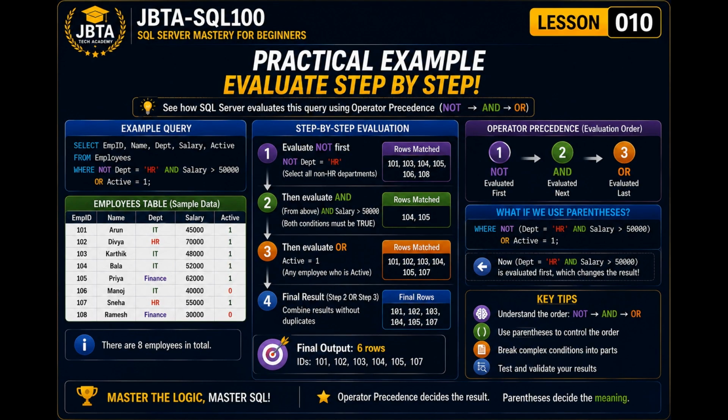Now let's apply everything we've learned to a real SQL query. Understanding operator precedence is important, but applying it correctly is what makes you a better SQL developer. Let's look at the example on the screen. Instead of trying to understand the entire query at once, we'll evaluate it one step at a time. The first step is to